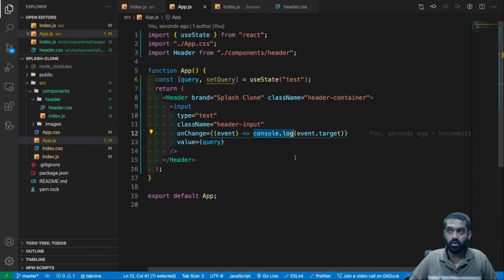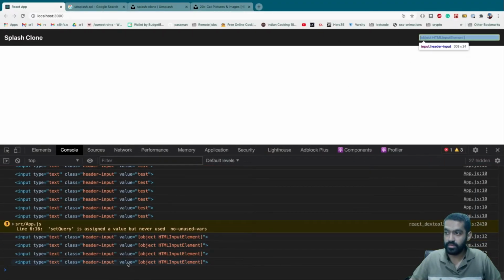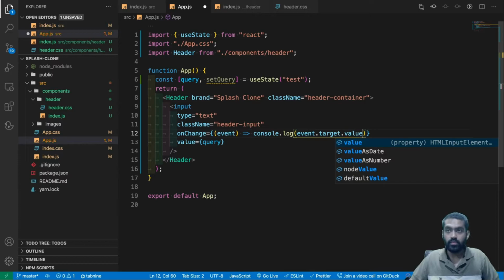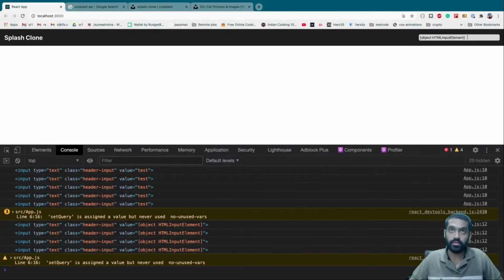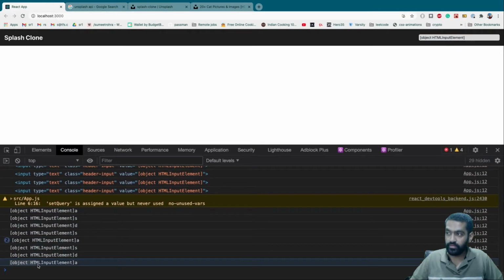Let's do console.log and see what happens. Okay, it is giving me this. So can I take the value out of it? event.target.value. Let's see what happens now. If I type A, it is giving me this value.